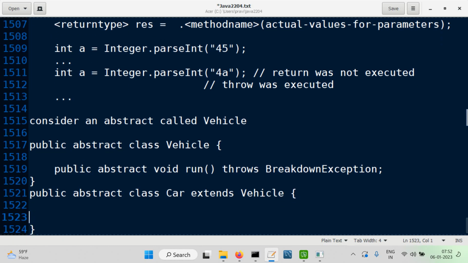Maybe it is still an abstract class, but let's see the method signature now. We have the void run method, it's being overridden. Let me put override here. But then it says it throws,